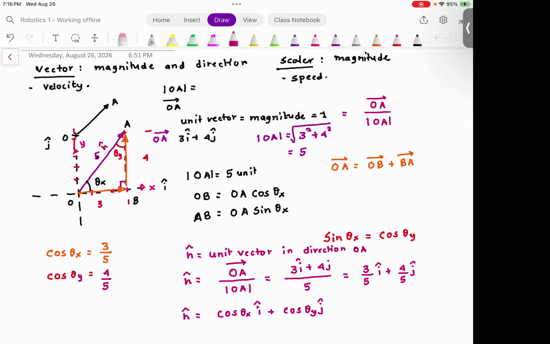So if you have a robot and that robot has an arbitrary arm, and if you want to write down the equation for that arm, you can use this formulation. You can find out the direction cosine with respect to i, and then the unit vector is going to be cosine theta x i, cosine theta y j. So now you may ask me, how does this relate to robots? Now imagine instead of this vector,